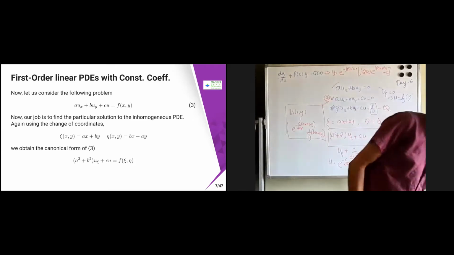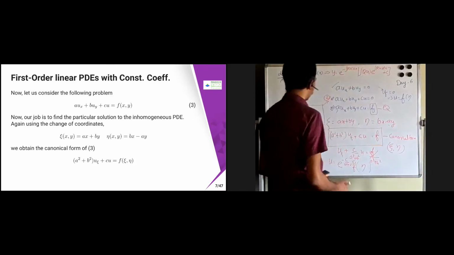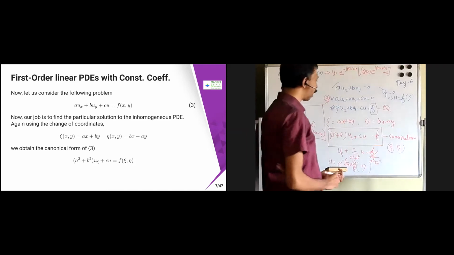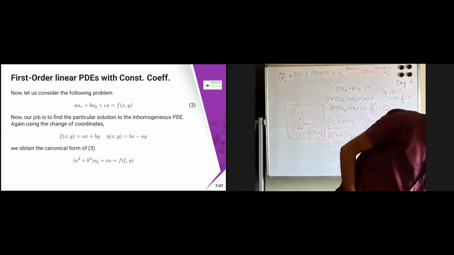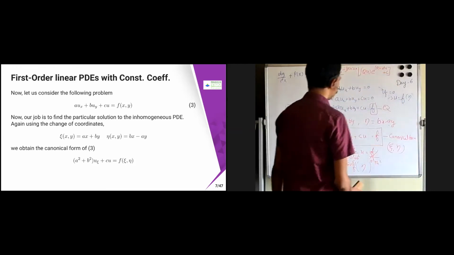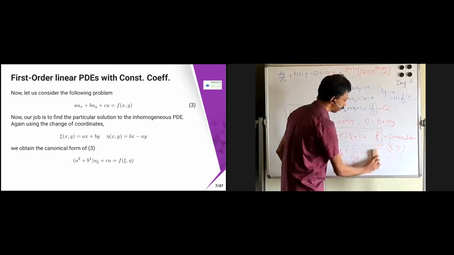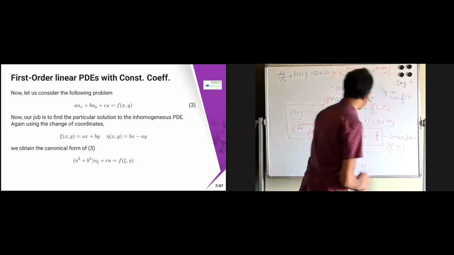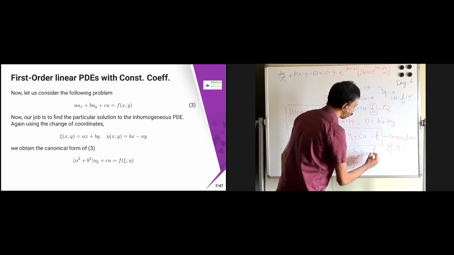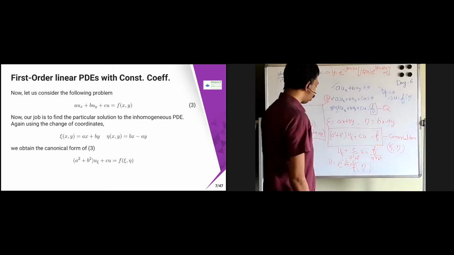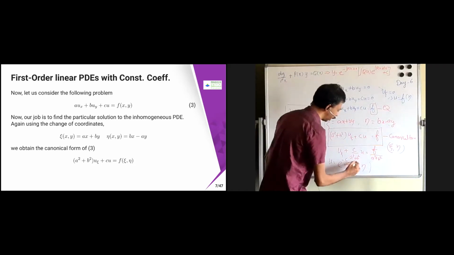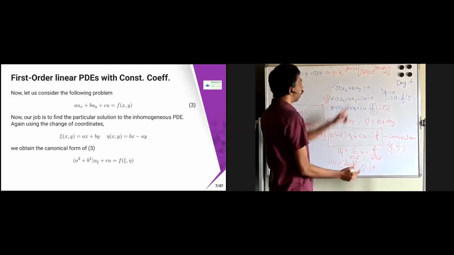Now let's go for the third one. In the third one, what I have is that q is there. One extra term q is there. So in that case, this extra term will come. So f is going to come here. F by a square plus b square is going to come. Now I will have some f of eta also, plus I have this one.